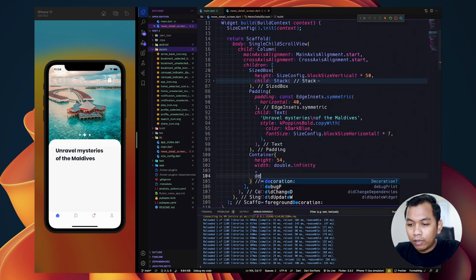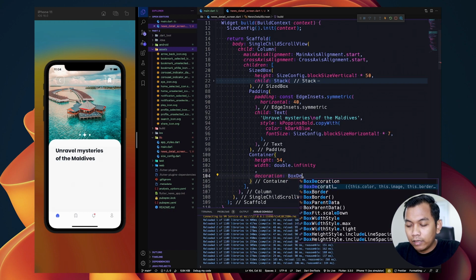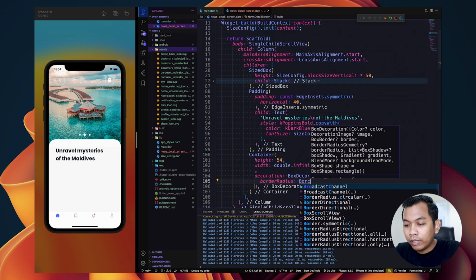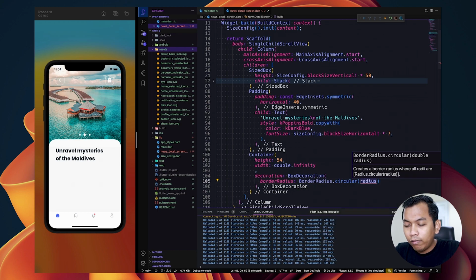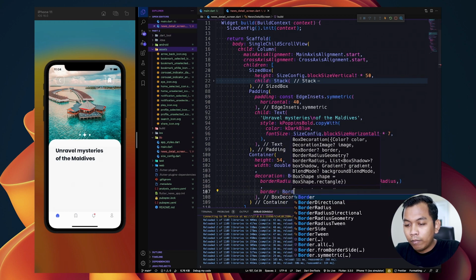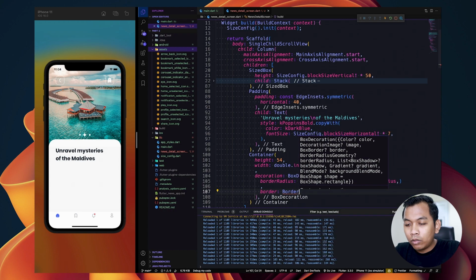And for the decoration, let's decorate like a border radius and set it to be circular, and give value to be K border radius.